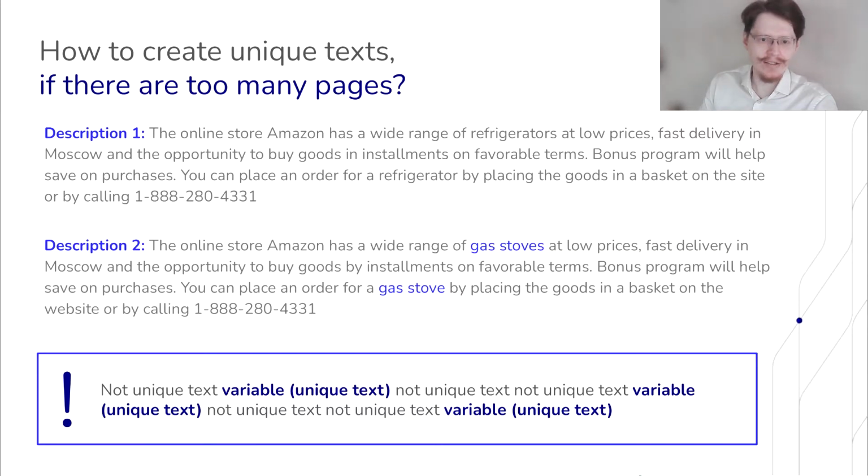It can be brand. It can be the exact naming. For example, the online store Amazon has a wide range of refrigerators at low prices, and the online store Amazon has a wide range of gas stoves at low prices. So those are some suggestions that might help you make your text unique enough.